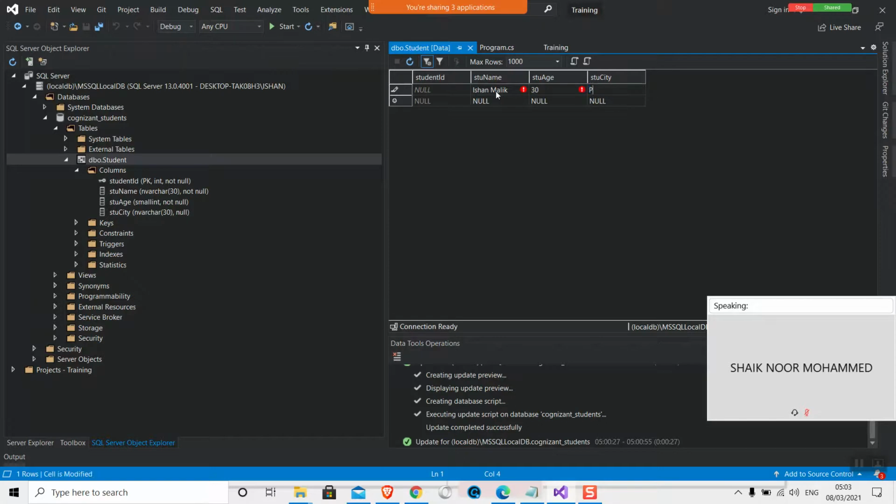My city is Bangalore. I told you that student ID we created as an identity, so I don't need to fill in a 1 or 2 here. It will be created automatically. Let me show you one more thing. Let's see.